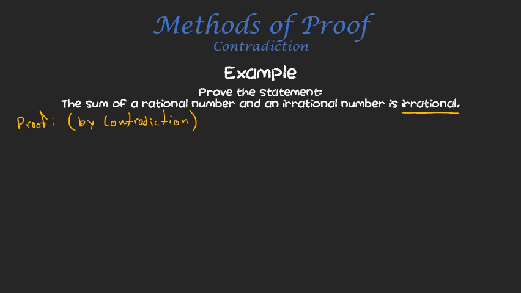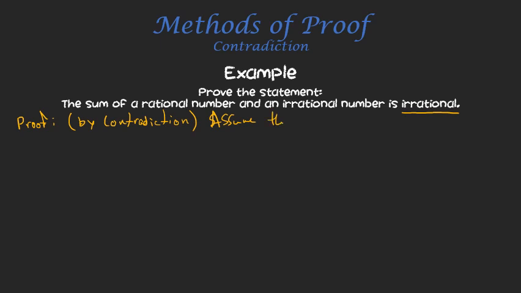But showing it's irrational is tougher. We have to show it can't be written as a ratio of two integers. That's just a harder problem in itself. And so by assuming that the sum is rational, that's going to give us more leverage. It's all about leverage with these proofs. It's all about taking things that are hard to prove and using a different strategy which allows you to get some leverage on it. That's the idea. So by contradiction, we're proving this, and so our initial assumption is that, I'll say assume,